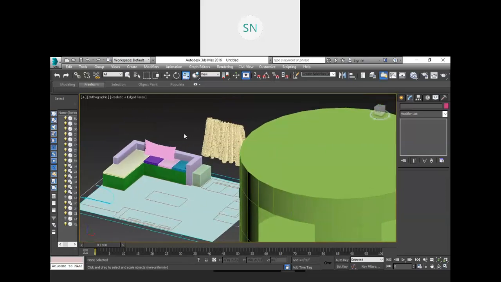You can create all the shapes over there, right? You can use your SketchUp software also if you are working with the SketchUp. I will show you how to import all that file in this 3ds Max environment and then start working with the materials. Okay,